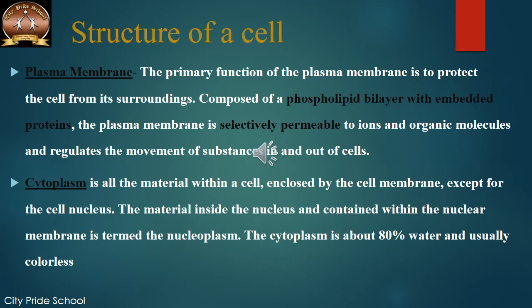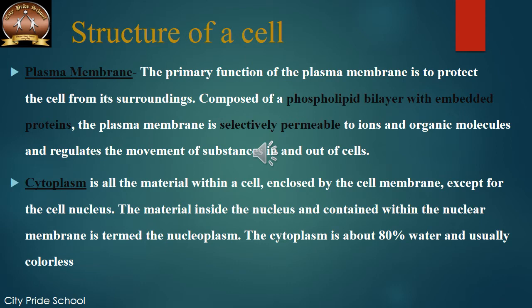Let us first see what a cell membrane is, also called the plasma membrane. This is a membrane, or an outer covering, in the cell which is made up of a phospholipid layer and also proteins. So it's a lipoprotein membrane, or a membrane made up of lipids and proteins, and it is a selectively permeable membrane. That's another important term there.